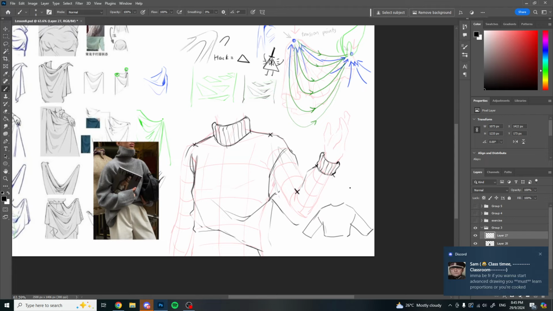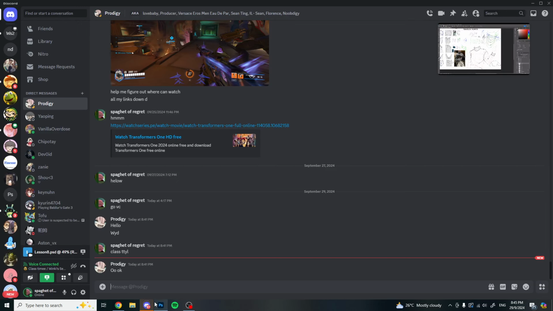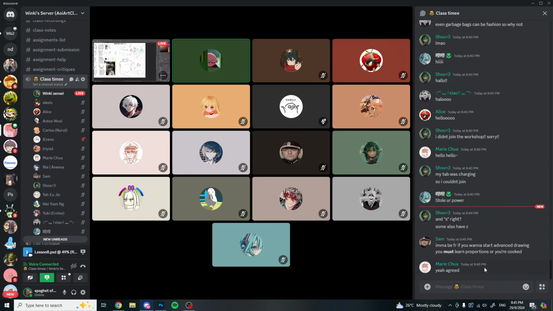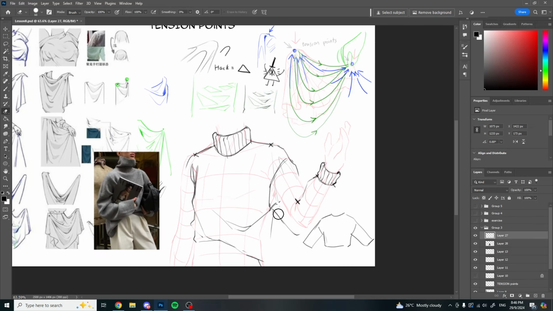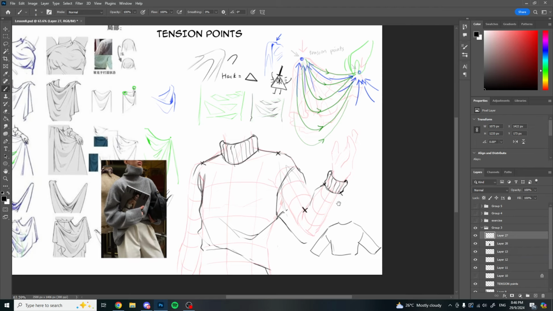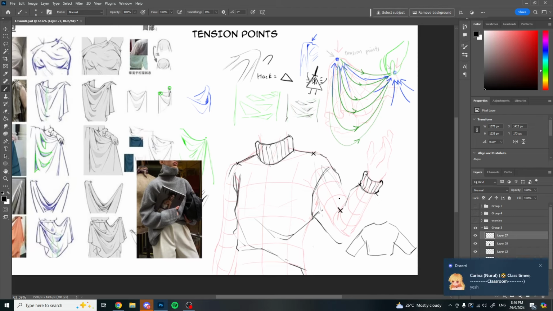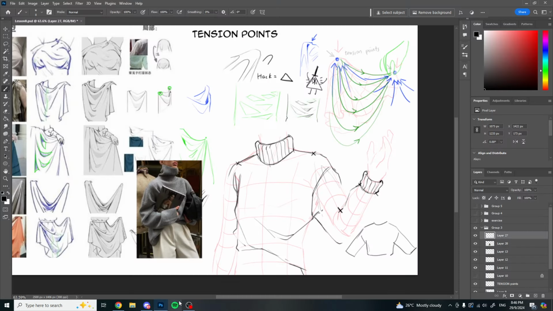If you want to start advanced, especially if you're drawing humans, honestly, it has to be very proportionate. You can draw almost anything without exact proportions, but then it wouldn't really look like what you want it to be. So yes, there's proportions in everything, and this is the same as kindergarten. I mean, this is kind of like an